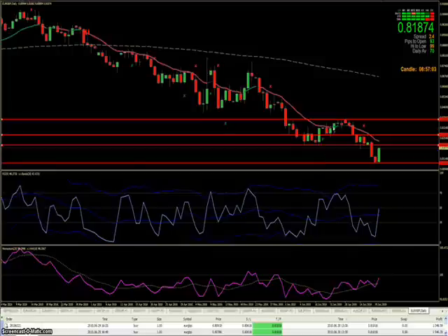So I have 4 of these lines set in on the areas that I think price action is going to have some reason to pause or reverse or what have you. This will give me the confluence I need before I make my trades. So if we go back to the 1 hour,